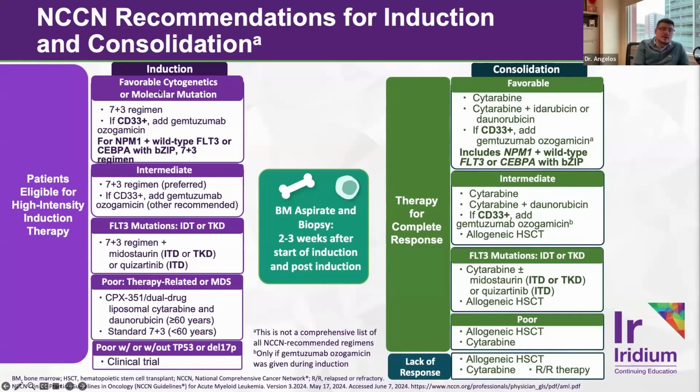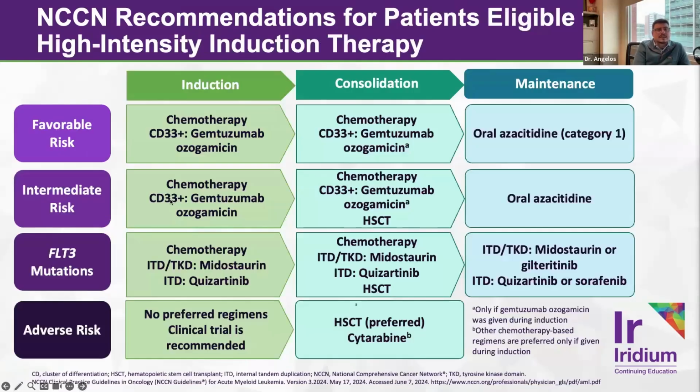If they're not favorable, it is likely that they are not going to be cured with high intensity or low intensity chemotherapy alone. And such individuals should have a strong consideration for consolidating their remission with an allogeneic stem cell transplant. We talked about last time that there are various other combinations of targeted agents that we can add into high intensity chemotherapy for first line induction, specifically if patients have a FLT3 mutation at the time of diagnosis.